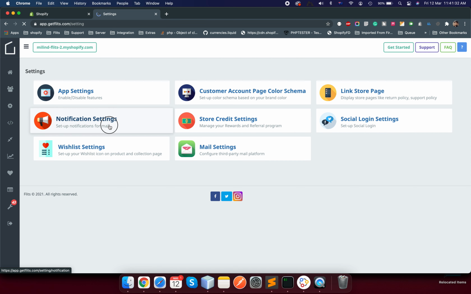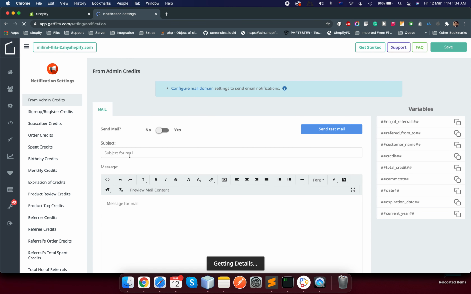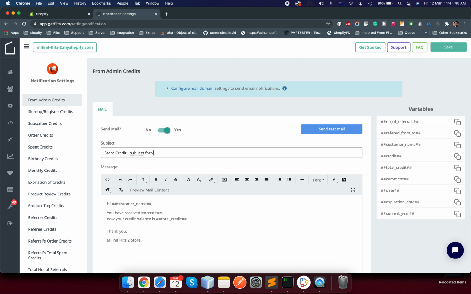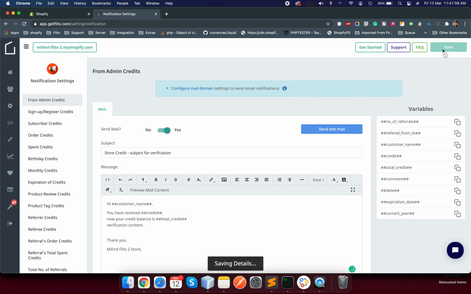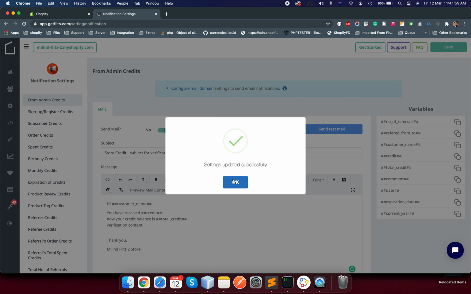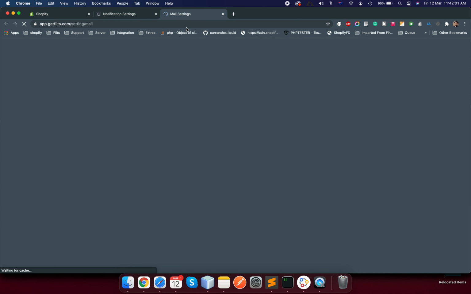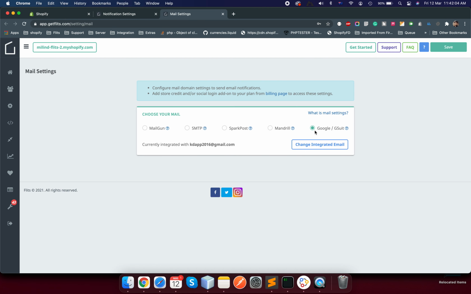So the merchant can set up their email subject and content here. Store credit subject: verification. Currently we have a setup with this email platform with this email ID.